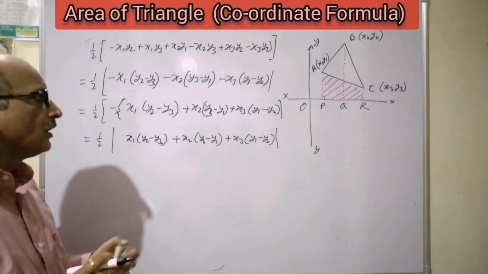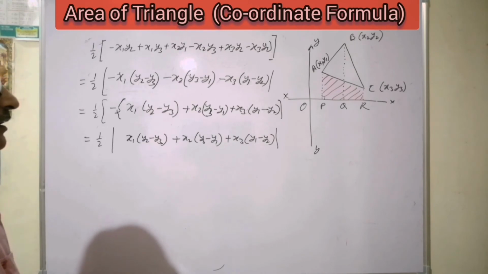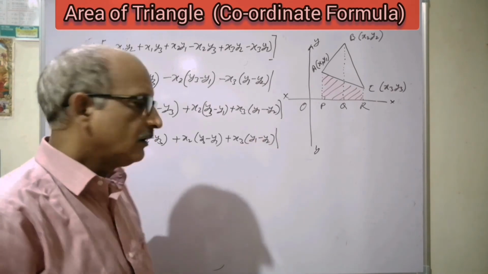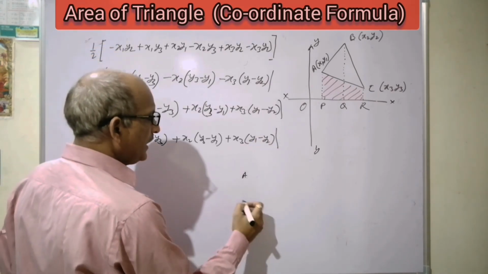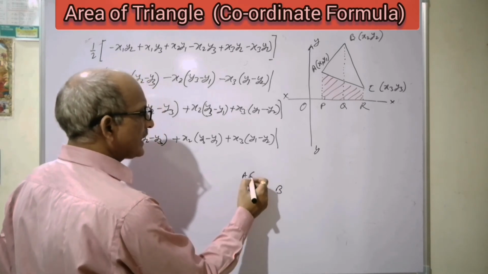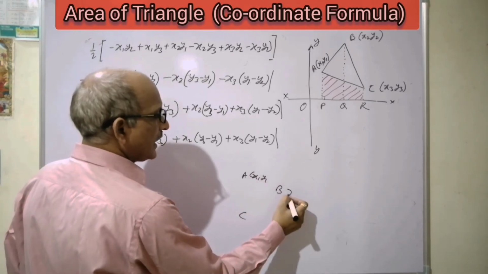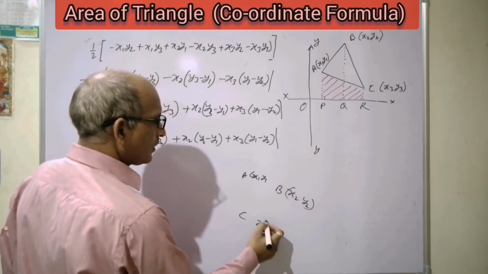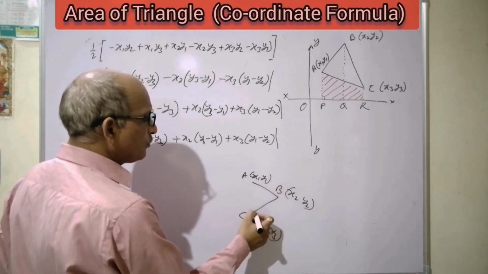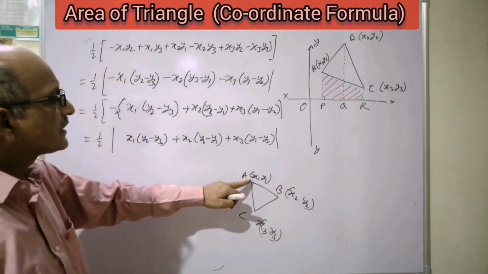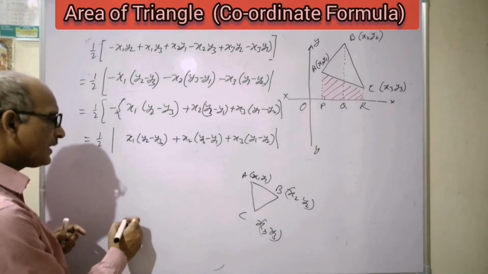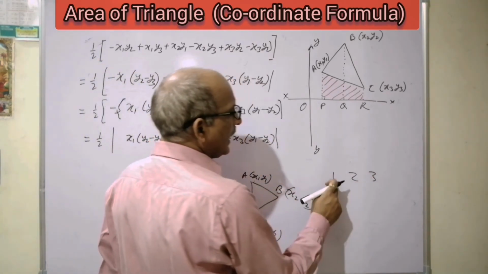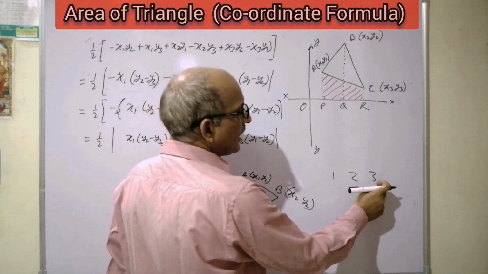But here I would like to tell you how to recall it, how to make it understandable, how to learn it. Obviously we see here it is cyclic, like A, B and C: x1 y1, x2 y2, x3 y3. So A to B, B to C, then C to A. So when we are taking x1, 1 by 2 is to be taken finally. How to learn, I am telling you. x1 with x1 means we have to move in 1, 2, 3. x1, then y2 and y3.